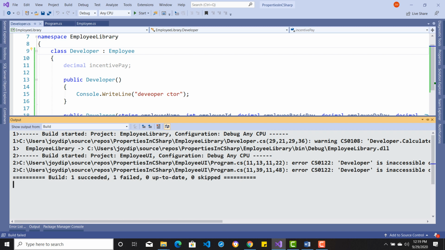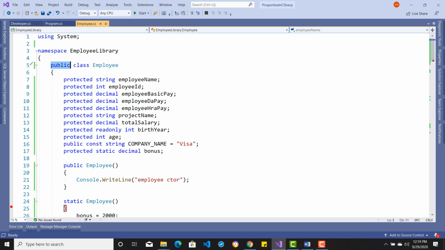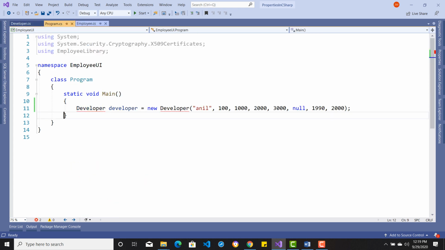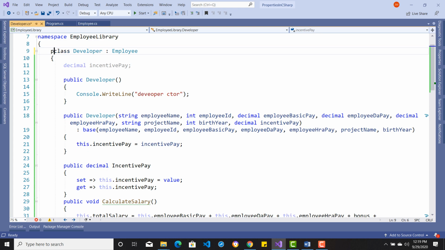Here there will be a compilation error. That's because in the console application you are not able to access the developer class, nothing else. Otherwise, in your library, when you create a base class it can be more accessible, and a child class can be less accessible too. So right now I'm making it public, and you can see the importance of inheritance, which